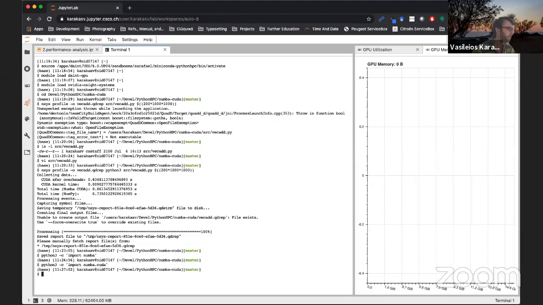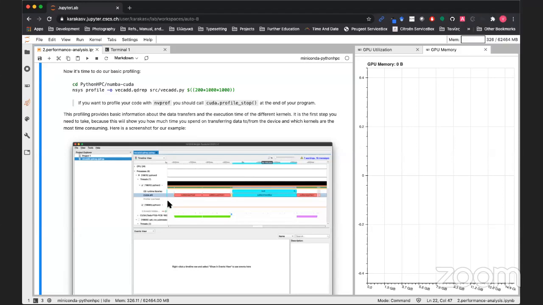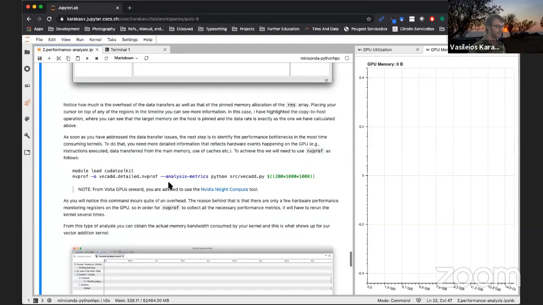So moving on, we've seen that. The nice thing is that I've shown you the interface. You can have this Nsight GUI on your laptop, so you don't have to bother connecting with X, etc. Just get the file and open it there. That's very similar also with NVProf. Now, ideally, I wanted to use NVIDIA Nsight Systems and Nsight Compute, which is the new way, but Nsight Compute doesn't support the detailed analysis that I wanted to do